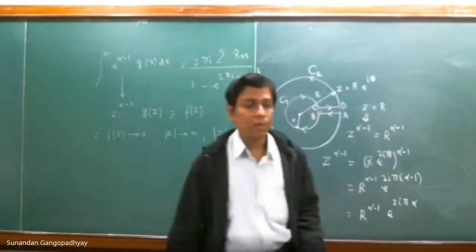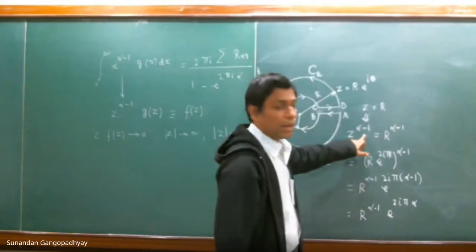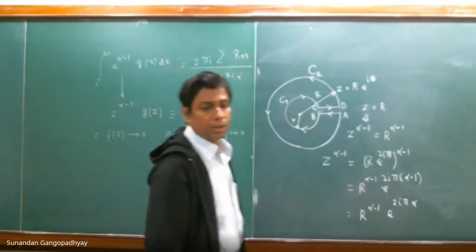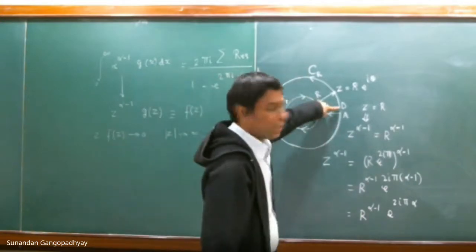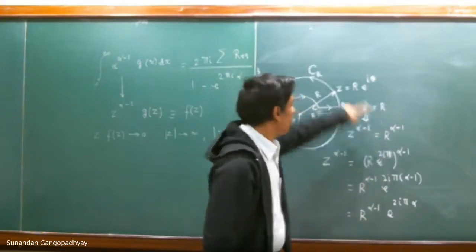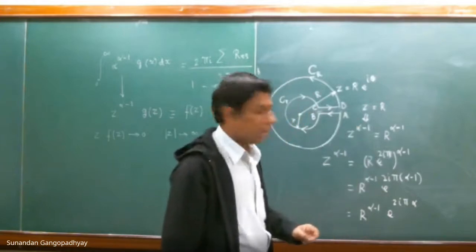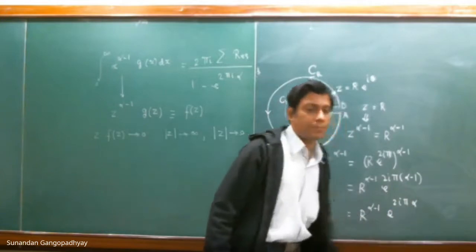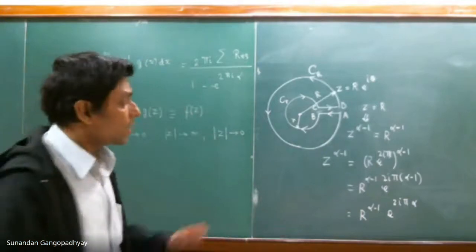So what does it tell you? It tells us basically that this function z to the power of alpha minus 1, where alpha is not an integer, is not a single valued function, it is a multi-valued function. Because at this point if theta is 0, the value of this function is r to the power of alpha minus 1. When you take a 2 pi turn, the value should be the same if it is a single valued function. But the value is not the same. It is r to the power of alpha minus 1 times this factor. This factor is not equal to 1.